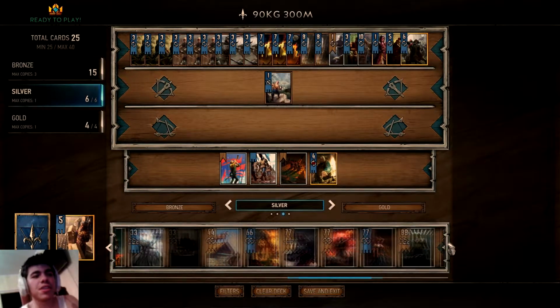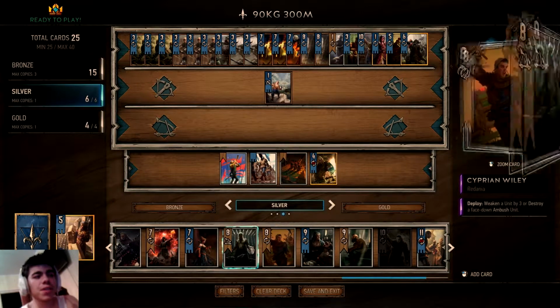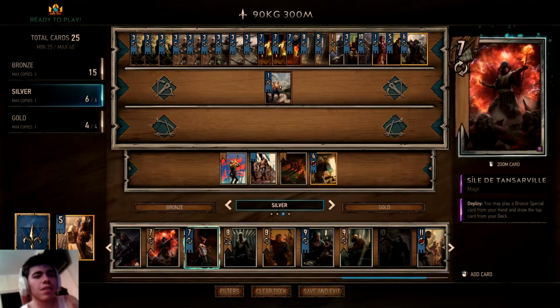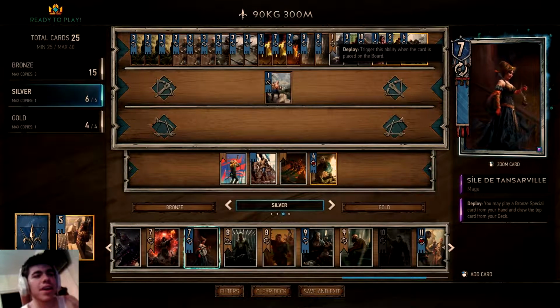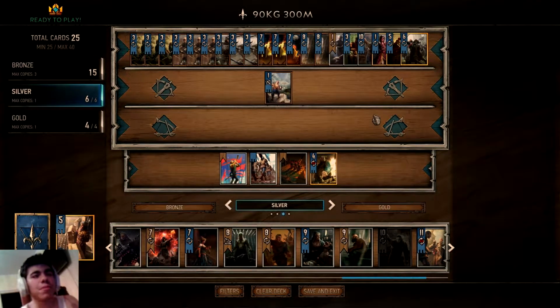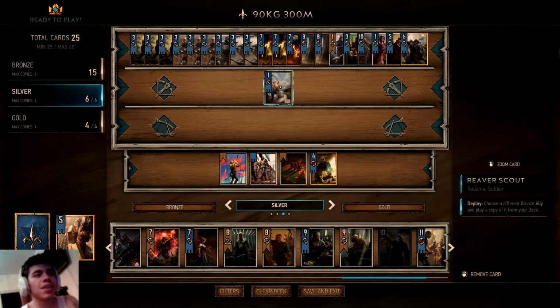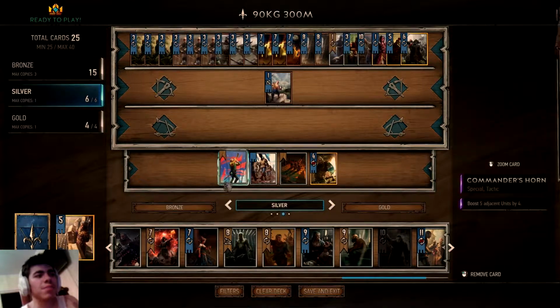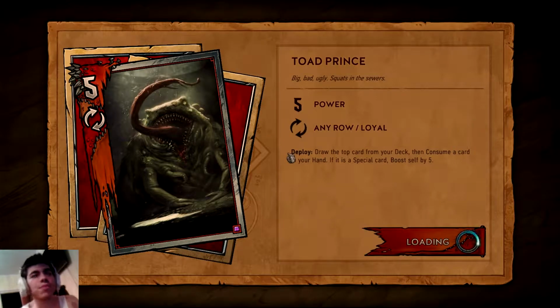There's also a different deck that you can make over here with Sile, Transarvile, and the Ale. I'm gonna present that probably next time or something like that. Dijkstra obviously draws cards, a very good tempo swing, and yeah, that's pretty much how this deck works. I've got this deck out to play on